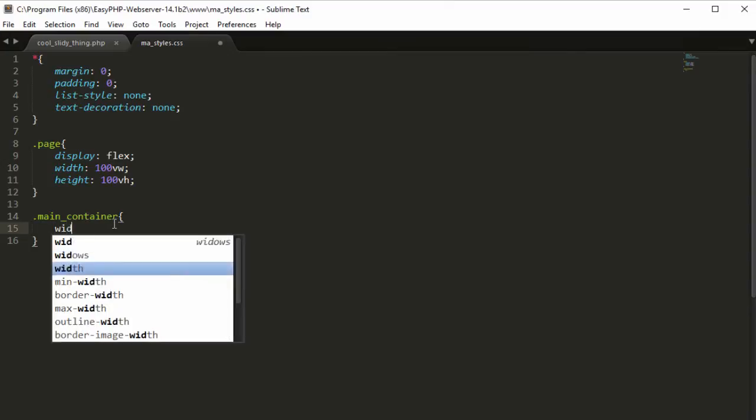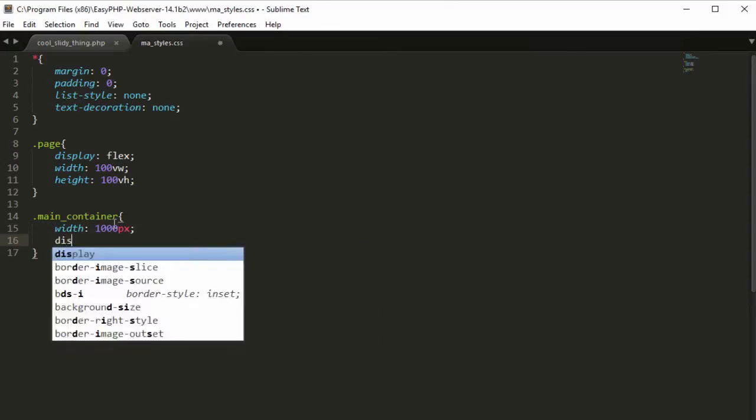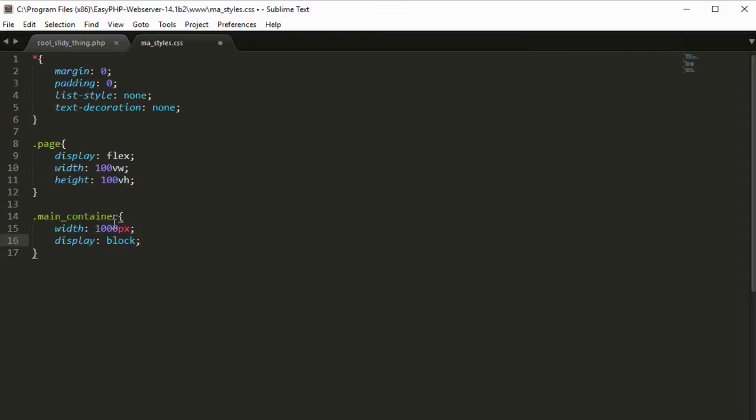So you can set a width for yours. I'm going to set mine to 1000 pixels. Give it display of block, because that means it's now a block level element, so that we can center it using the margin 0 auto, which basically says no margin on the top or bottom as represented by this 0, but automatically generate the margins for the left and right. And as we haven't said margin left 10 or margin right whatever, it's just saying, okay, get the container size, which is page, and that's 100%, and then it says, okay, we know that the width of our container is 1000 pixels, so what's the remainder? And then cut that in half and put half on the left, half on the right,